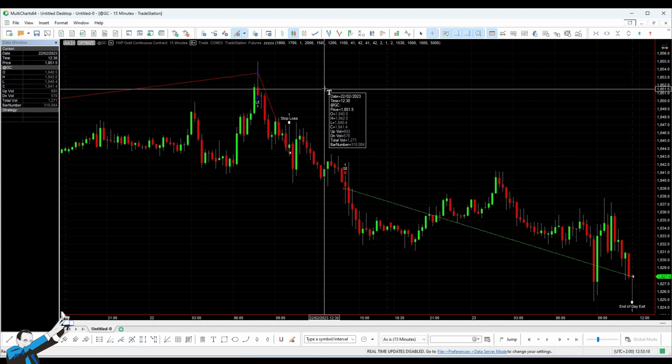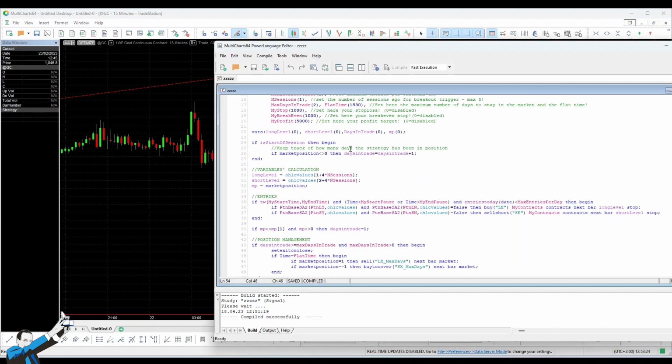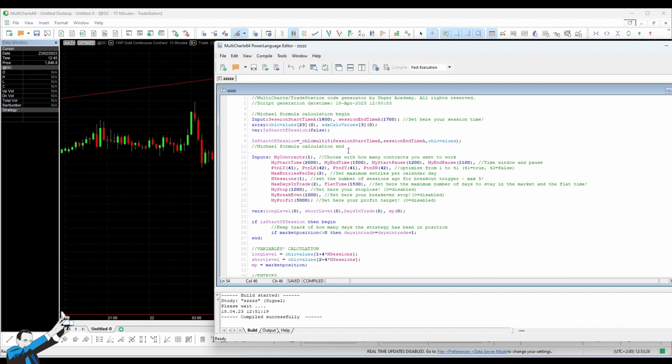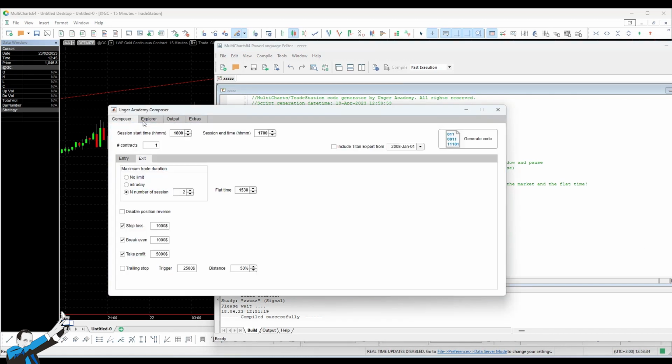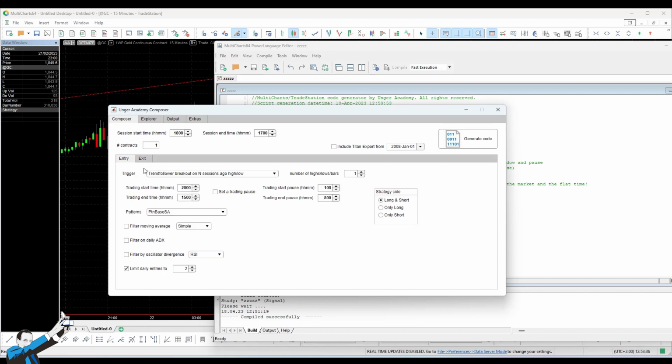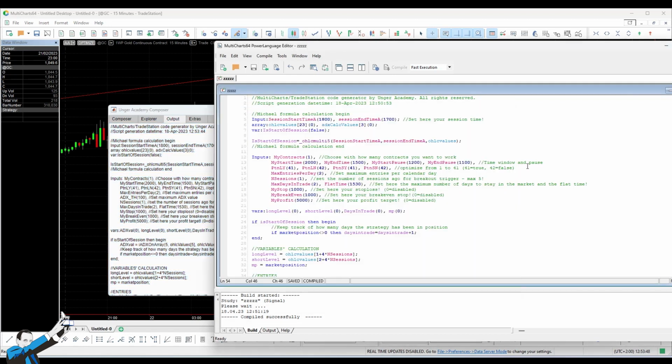Well, by inserting our ADX indicator in the code. Again, we're also using Composer to do this part, so there is no need to know how to code ADX in the PowerLanguage Editor. In fact, I take our software back, go to the entry settings, and say, Filter entries based on ADX. Let's click on the check mark, and let's generate the code. Okay, so we copy and paste the output.